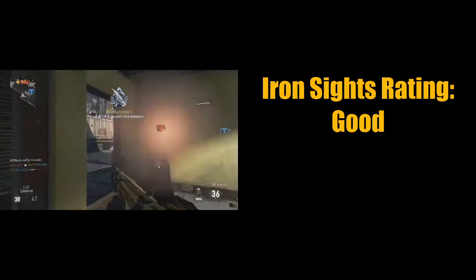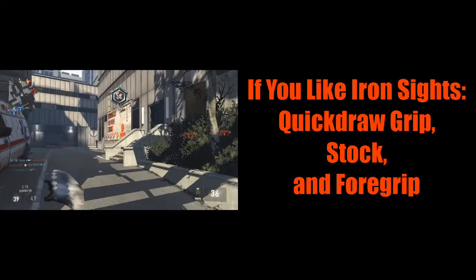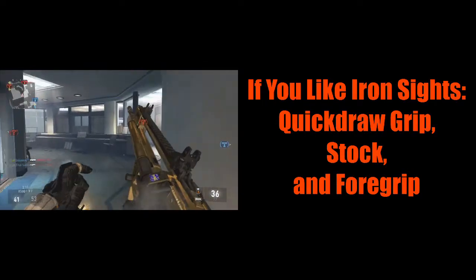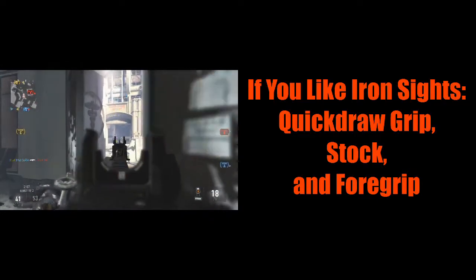And then recommended attachments if you do like the iron sights, we'll go first. Like I said, probably don't need a foregrip. It's pretty accurate already. I would probably put on quick draw grip, bring that up faster, and then